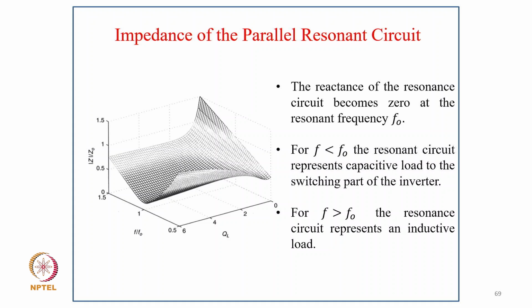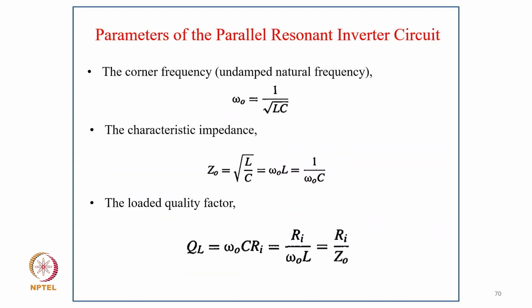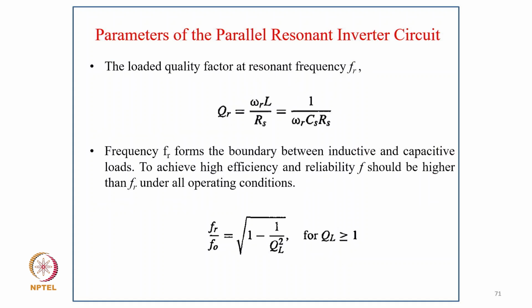So for F less than F0, the resonant circuit represents a capacitive load to the switching part of the inverter, and for F equal to or greater than F0, the resonant circuit represents an inductive load. The corner frequency, that is the natural frequency, omega 0 equal to 1 upon root LC, and the characteristic impedance Z0 equal to root of L upon C equal to omega 0 L equal to 1 upon omega 0 C. The load quality factor QL equal to omega 0 C Ri equal to Ri upon omega 0 L equal to Ri upon Z0,